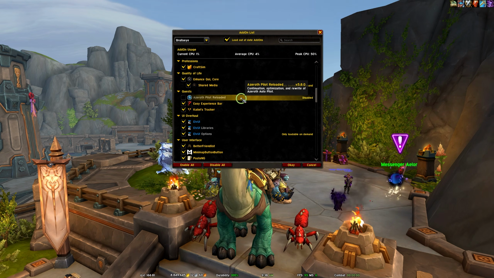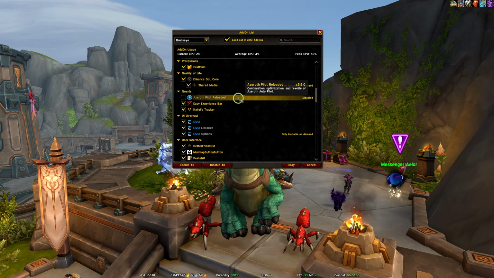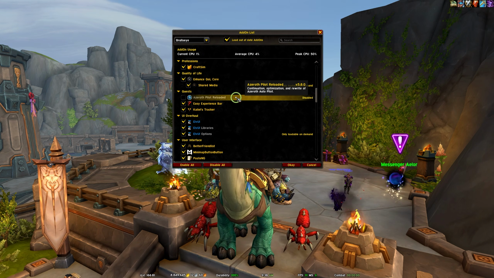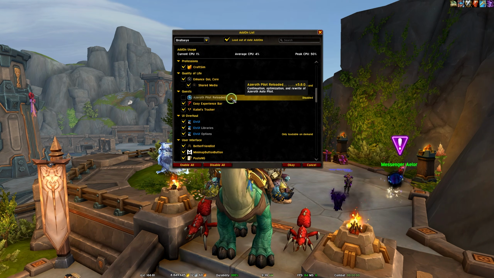That's pretty self-explanatory. It just helps you go through the leveling process. It puts a little arrow up on your screen and it just guides you. And it's just, if you want to have something up on the other monitor, like somebody's Twitch stream, hint hint, nudge nudge, great option.